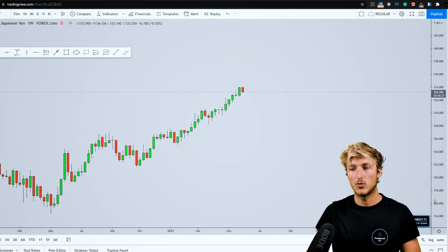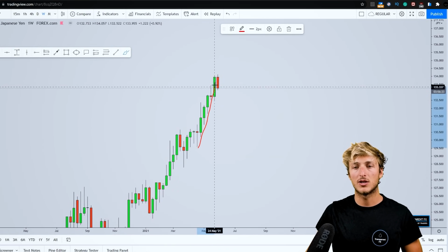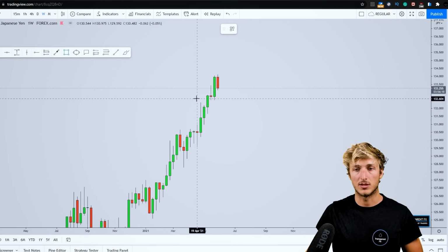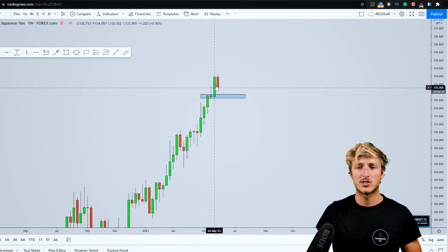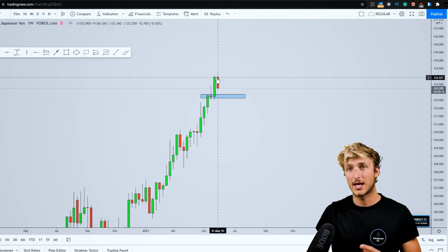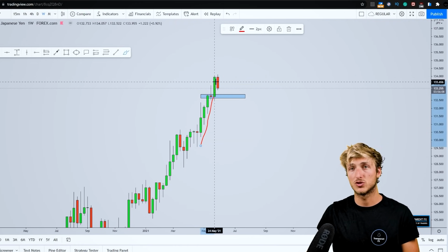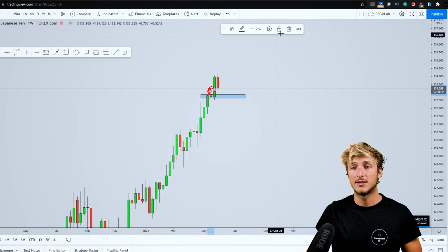Going down on the weekly time frame, what do we have? Here in the weekly, we can see that in all this impulse to the upside, there is one candle which is not related to the move, which is exactly this red candle here. When you have a strong impulse to the upside, there is one candle not related to the move. It means that during this strong bullish momentum, the market has actually reacted to this area, meaning that there is